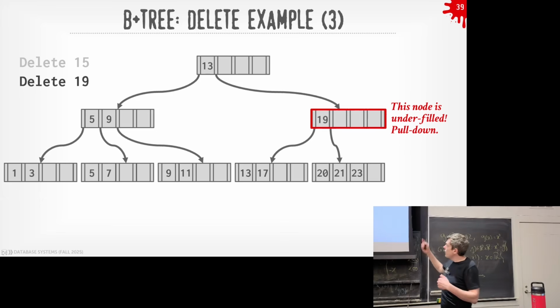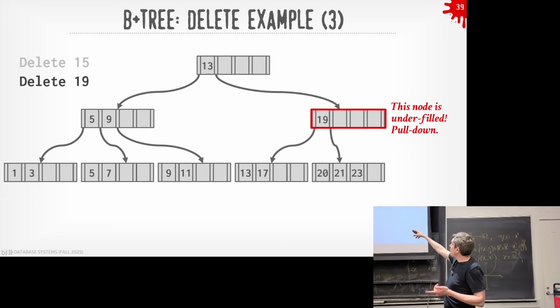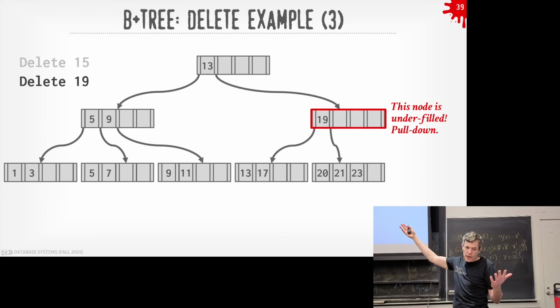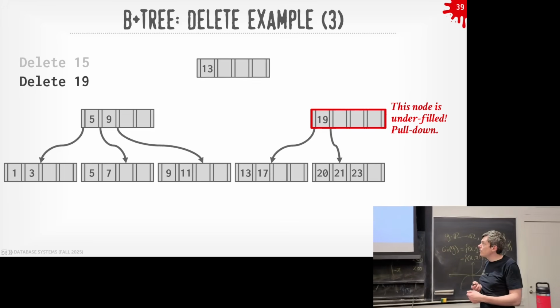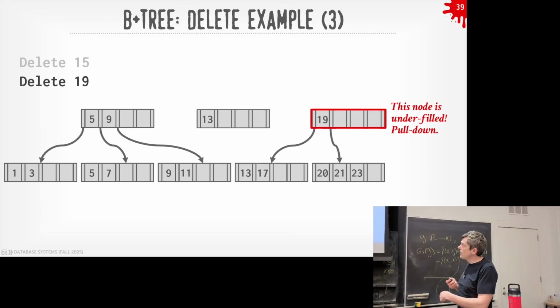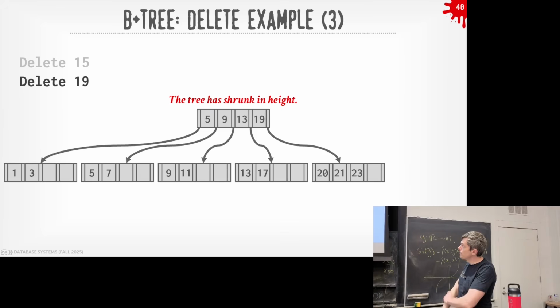After we do this, our leaf nodes are all balanced. That's fine. But now this parent node is less than half full, so we have to do a merge. Because it's the root, we can pull the root down here and merge these together into a new node like this. The height of our tree has shrunk, and all of the discriminator keys correctly point to the pages that we want.